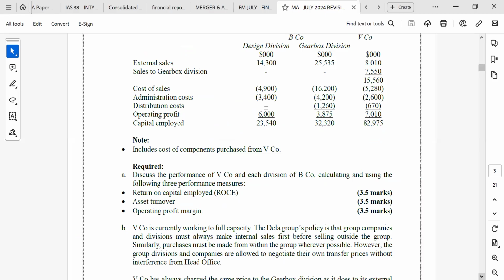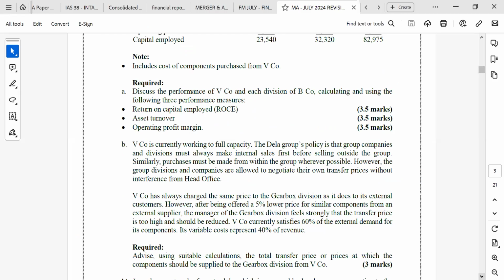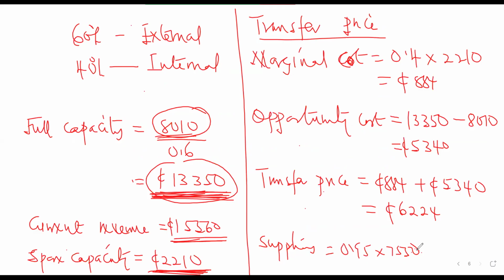Okay, so they say that, however, they were offered a 5% lower price for a similar component from an external supplier. So currently we are charging them 7550, but the supplier is giving them a 5% reduction. So they will pay only 95% of that. So what will be that particular amount that they will be paying to the supplier? 7172.5. Okay, so what will happen is that all things being equal, the price that we can charge you is 62.24,